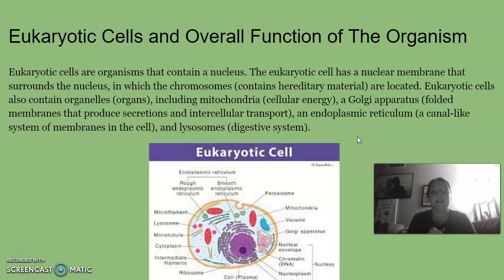So eukaryotic cells and overall function of the organism. So this is kind of the main structure of a eukaryotic cell, and they are organisms that contain a nucleus. The eukaryotic cell has a nuclear membrane that surrounds the nucleus, in which the chromosomes, which contain their hereditary material, are located. Eukaryotic cells also contain organelles, like organs, including mitochondria, which contain the cellular energy, a Golgi apparatus, the